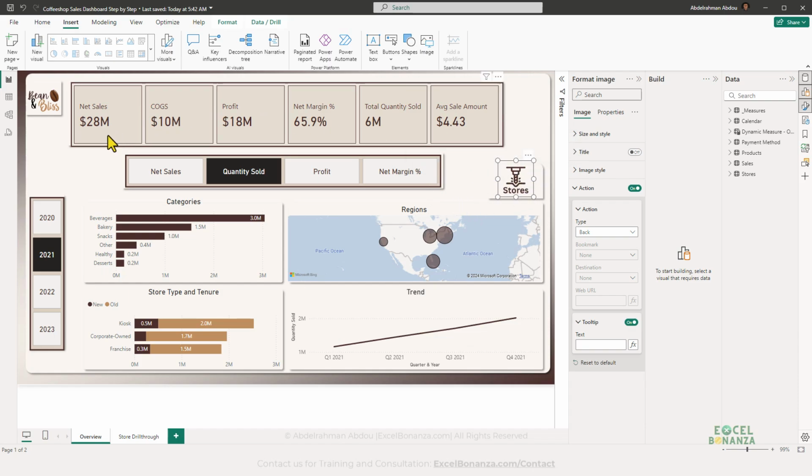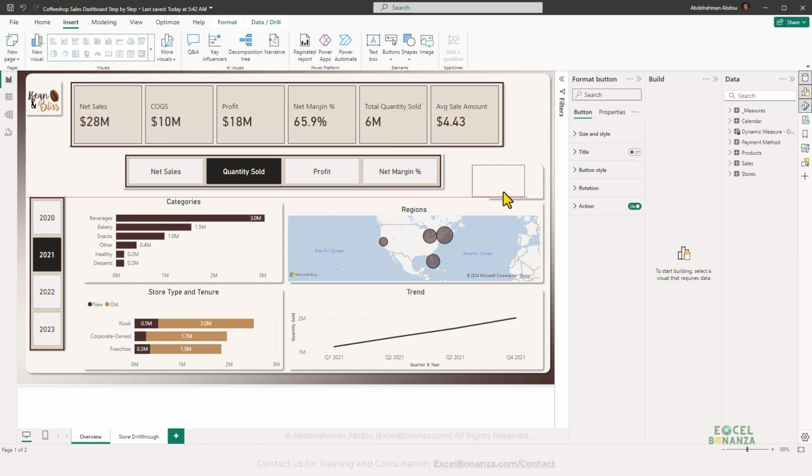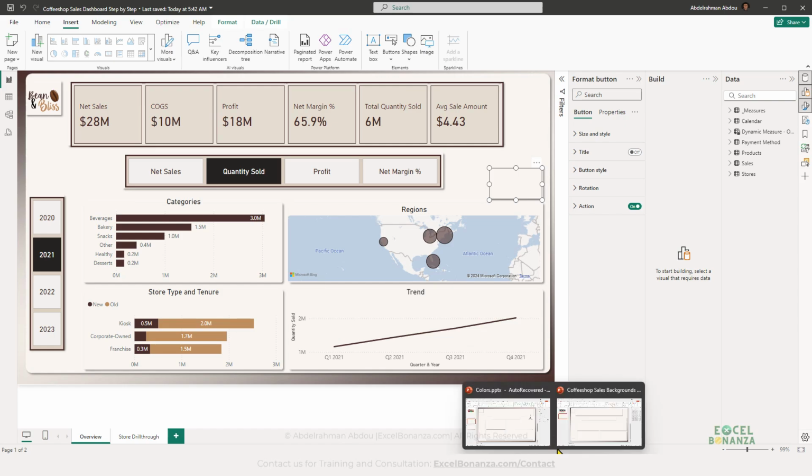So do not have it here on the dashboard; you can embed it in the background so that this can allow you to align it inside the shape better, because then you're going to be able to use the alignment options in PowerPoint. So if I delete this here and I keep the button, here's the button, I'm going to keep it even in place because I'm going to go back to my presentation here